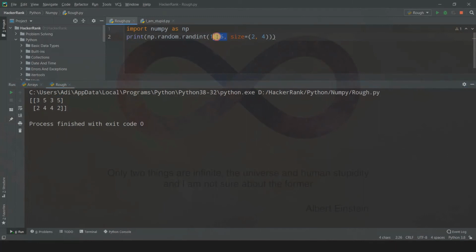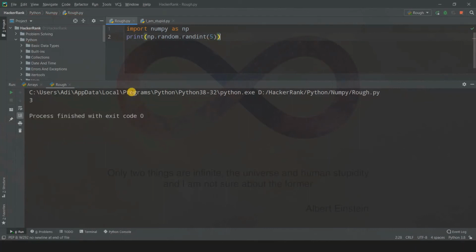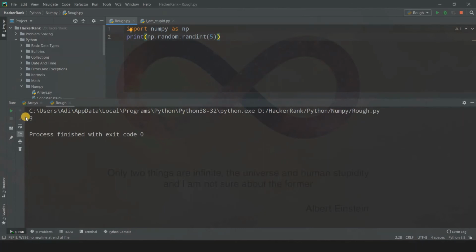Let us not write low and high, because I told you all, there is only one compulsory argument, which is low. Others are not compulsory. So suppose I write low as 5 and I run this code. Hold on, I forgot one parameter, the bracket actually. So see, I wrote low equals 5 and it gave us output 3. So isn't it confusing? Because I told you it will go from low to high, that is 5 to infinity, right? But it is not working like that.